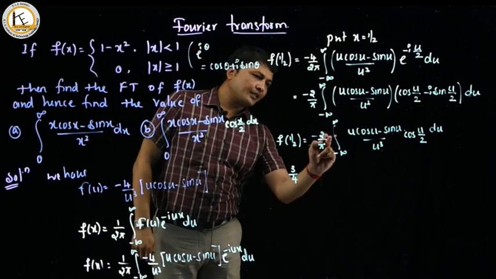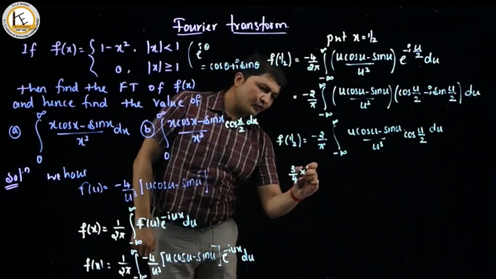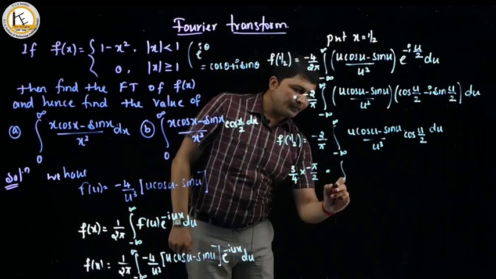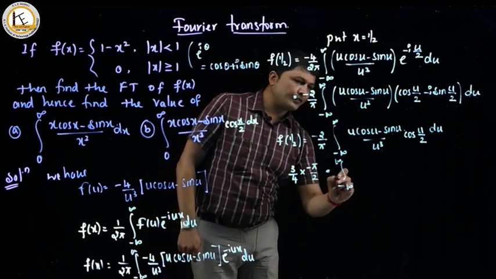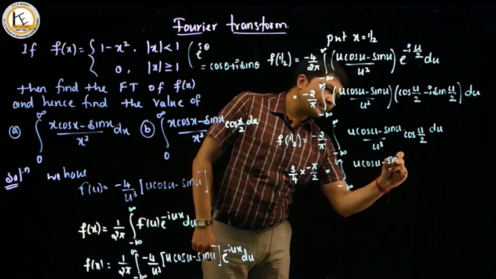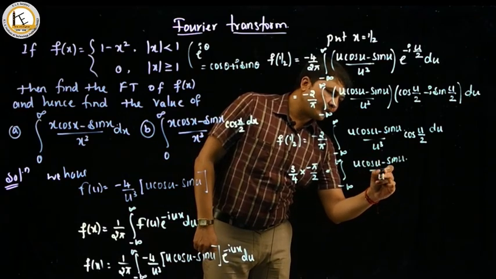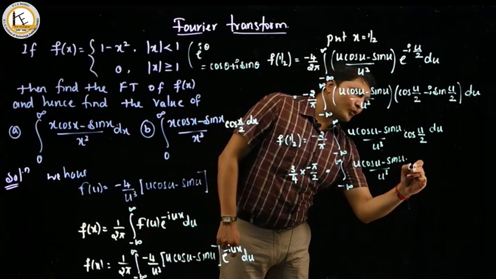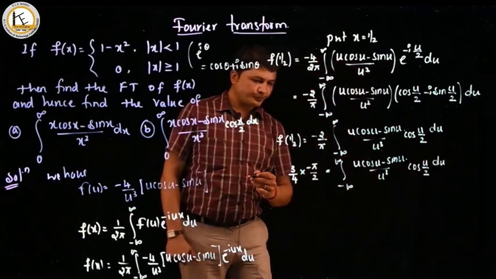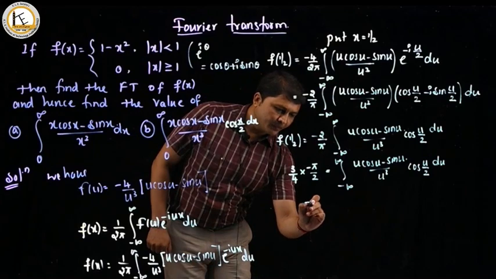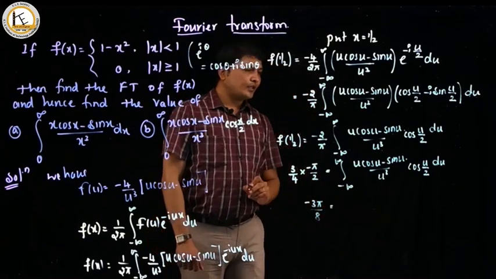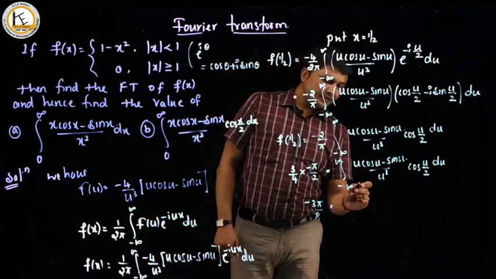Cross multiplying this minus 2 by pi, we have minus pi by 2 equal to, remaining is the integral from minus infinity to plus infinity of u into cos u minus sin u divided by u cube into cos of u by 2 with respect to u. Simplifying here, we have minus 3 pi by 8 is equal to,